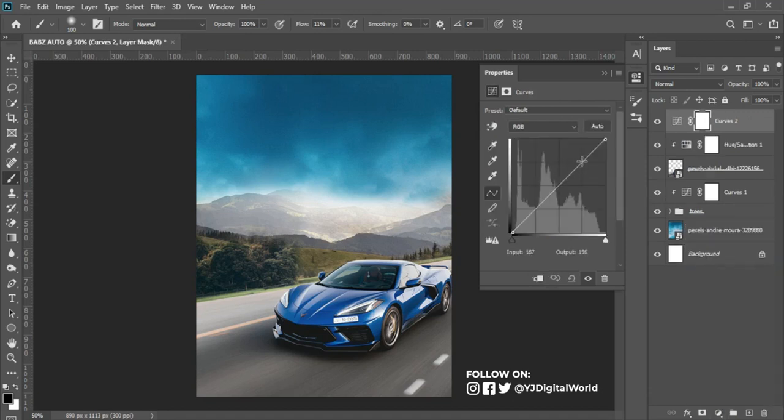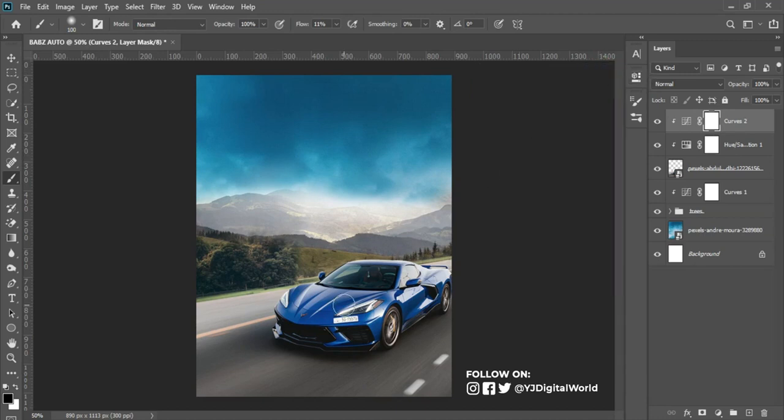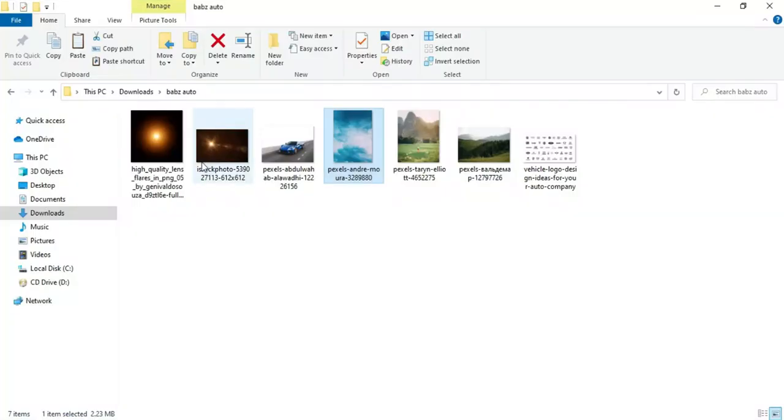Okay, so let me adjust the shadows for this, clip max it again. I need the effect to be only on the car. Okay, so after doing this, in order for us to make our project come to life, come to our exercise file here